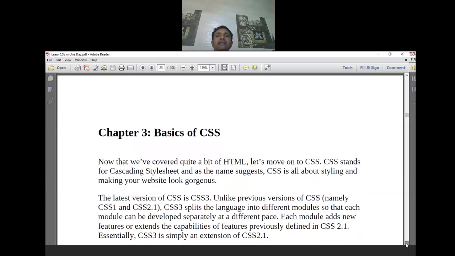So why is CSS used? Basically for styling and making your websites look gorgeous, right? The fancy things which we want to do, we can do through CSS.